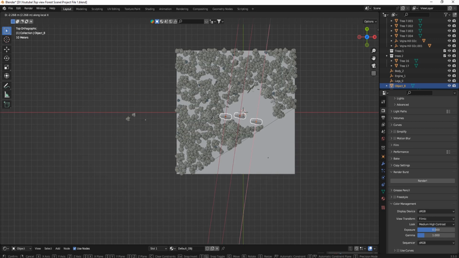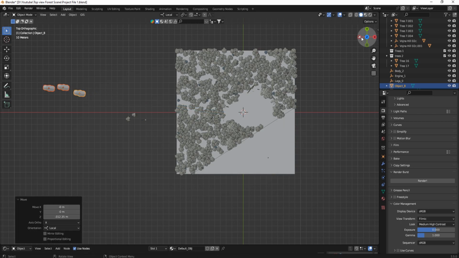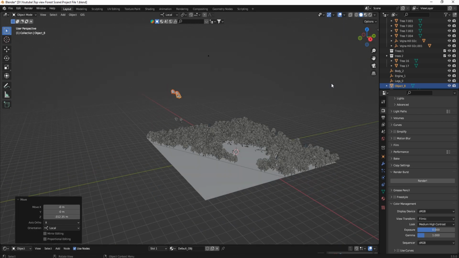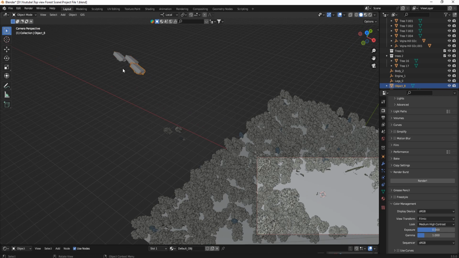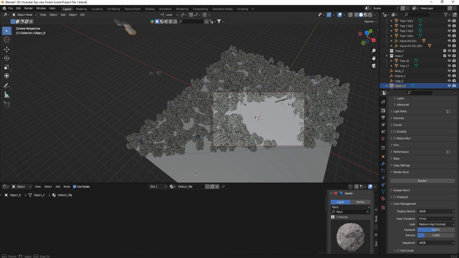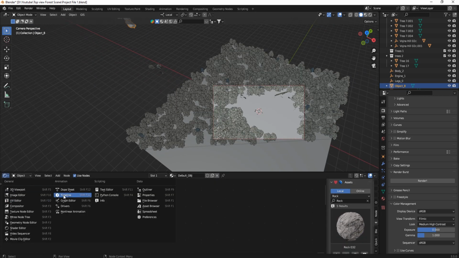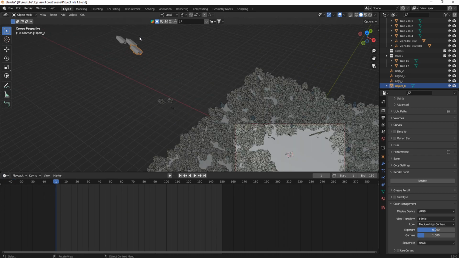So I'm going to press GX, as you can see, GY, GC. I think it's going to be good on the GZ like this. So if I press 0, as you can see, this is what I'm getting. So I want this to be a 5-second animation. So I'm going to go to this timeline, and I'm going to